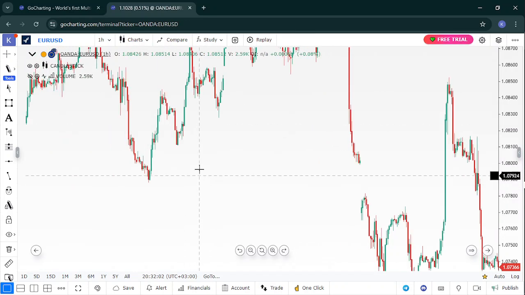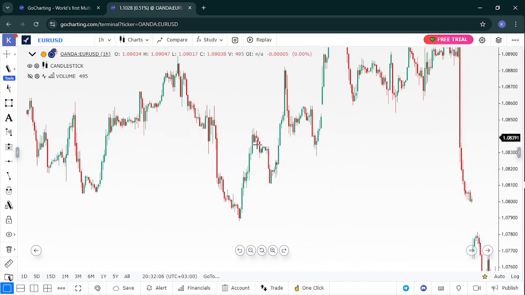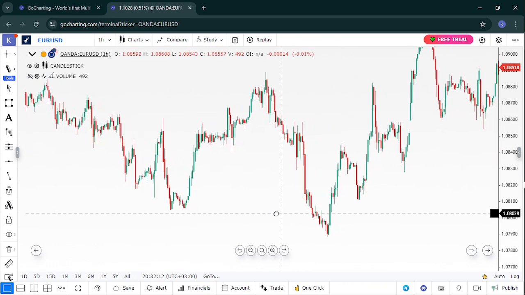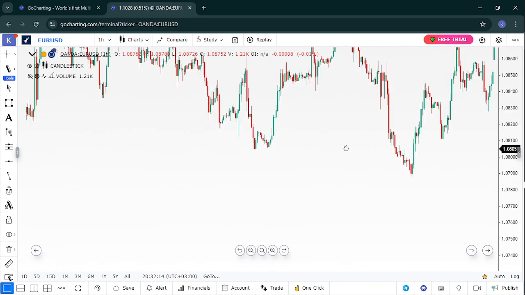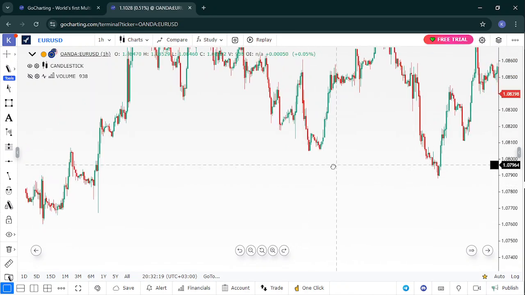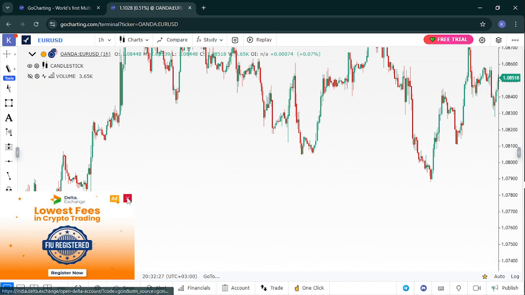So let me show you an example. For example, we have this market. This market has been downtrend. It has been downtrend this way, and since it has been downtrend, we know that we are identifying the key levels before we get a decision that we are going to buy or we are going to sell. For example, we have this situation,